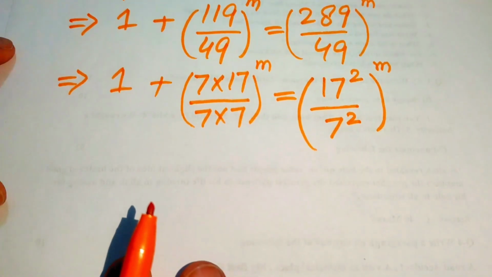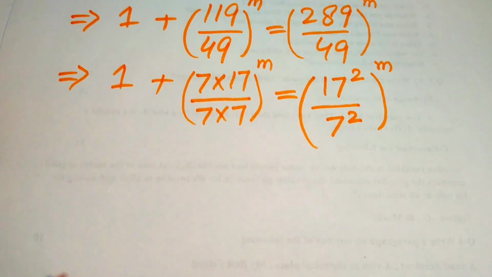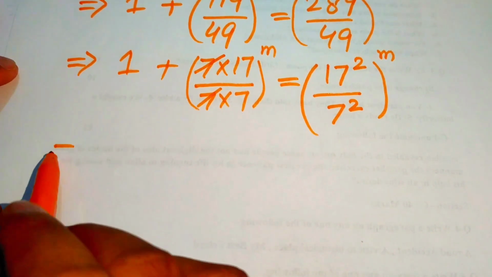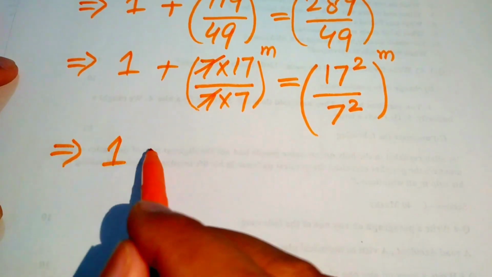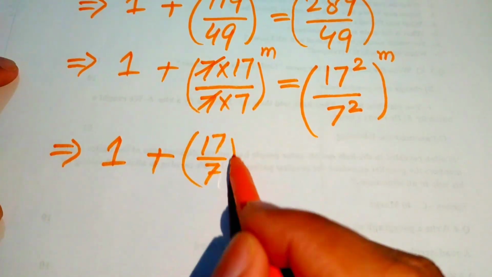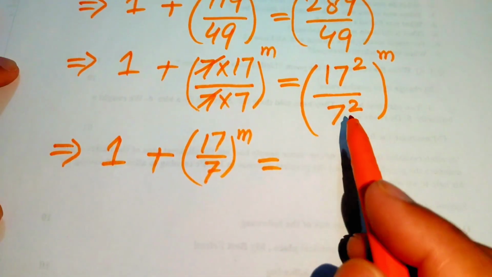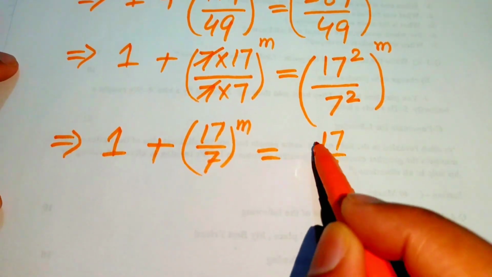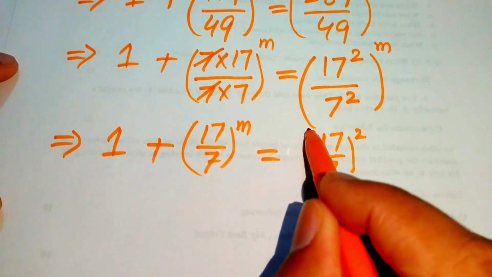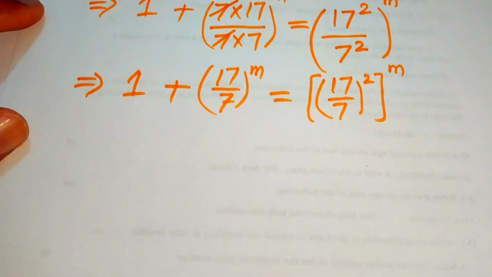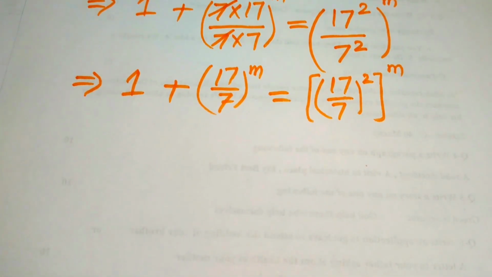And now in the next step we need some simplification. You see here this 7 is cancelled out by this 7 and we obtain here 1 plus 17 over 7 and its whole power m equals to. Here we combine the exponent of these terms and write it as 17 over 7 square and its whole power m. So in the next step we use the nice exponential law,